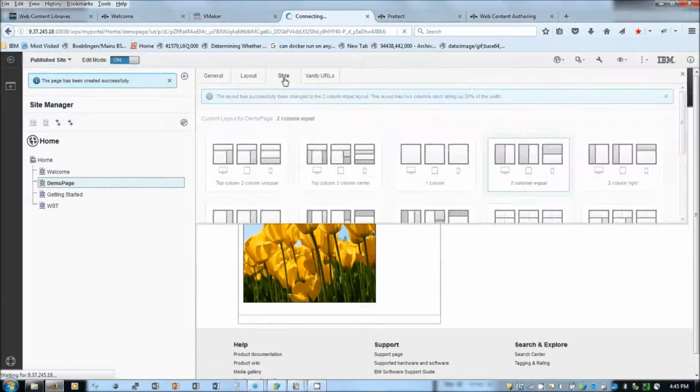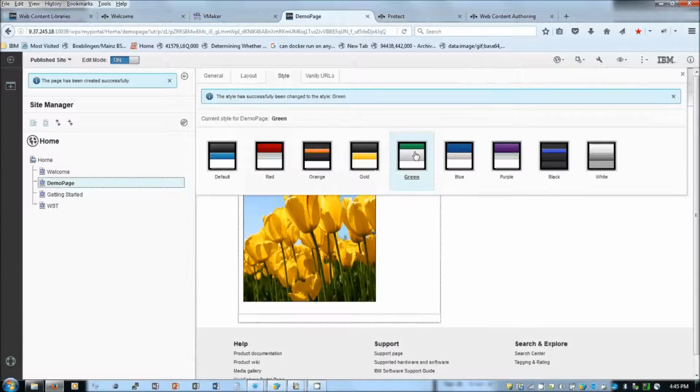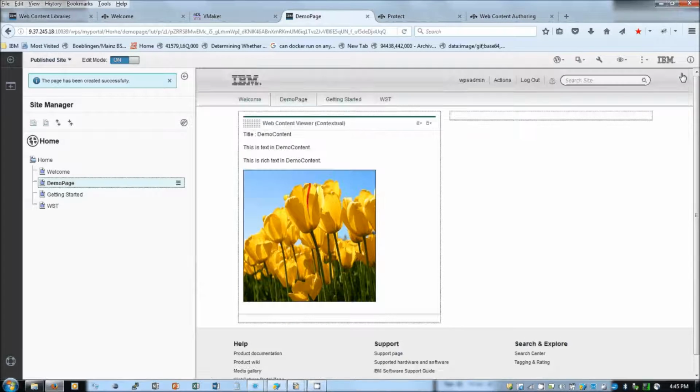Also you can see that here you can select the style. The default is with the blue border. If you want, you can change the style here. So I'm selecting it as green. You can see that it is changed to green. So I made it a 2-column layout.